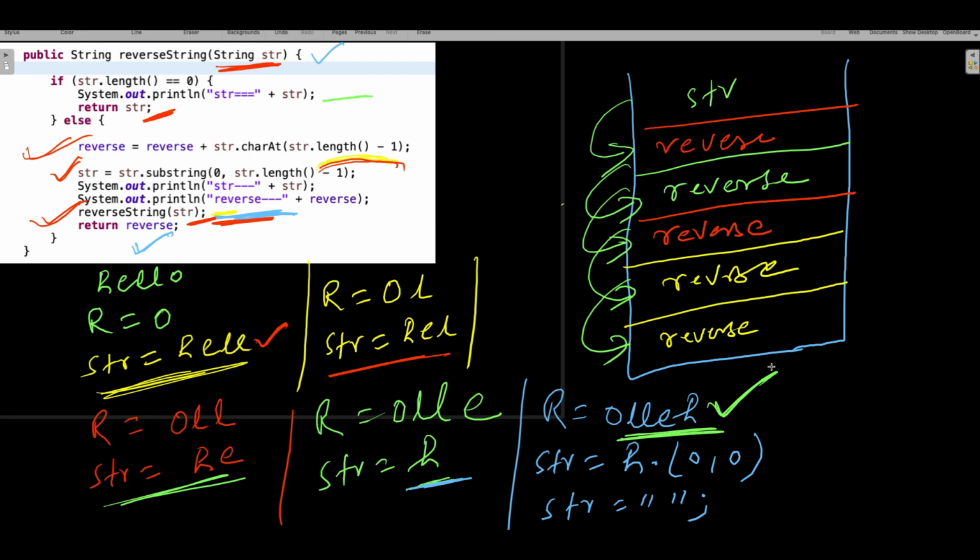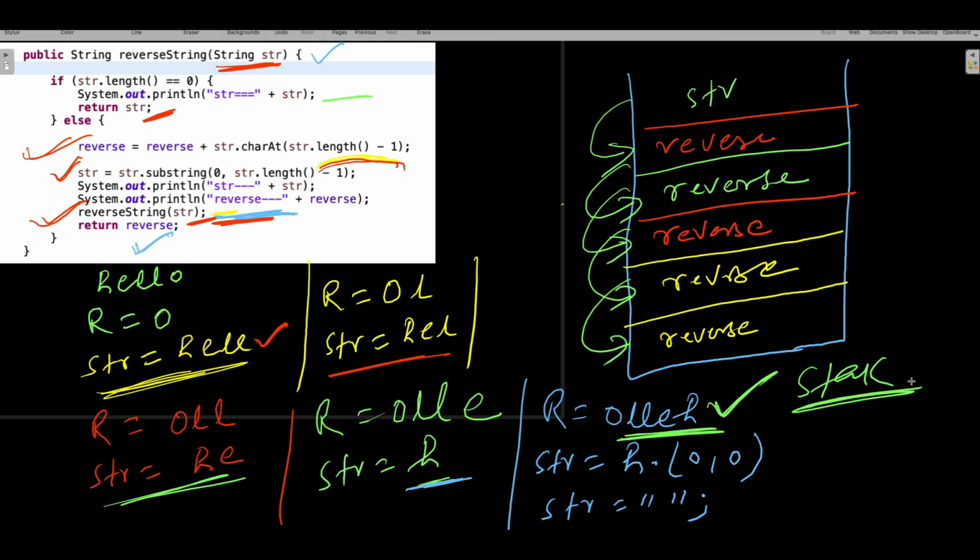I'll take some more examples of recursion going forward, so that you will get much more confidence. But this is one way. What you have to understand is, whatever line you have after recursion will get executed once your termination point is over. Once you are returning from recursion, whatever data you have in the stack, this is the stack, whatever number of lines you have to execute in the stack will get executed. Here, since there is just a reverse, nothing else is there to execute, so reverse will just get the data that reverse has, right?